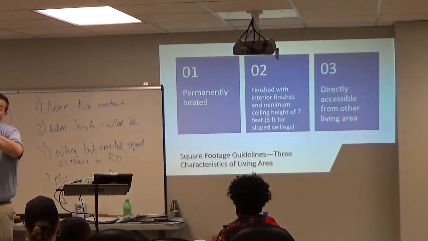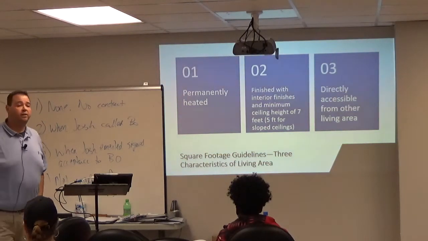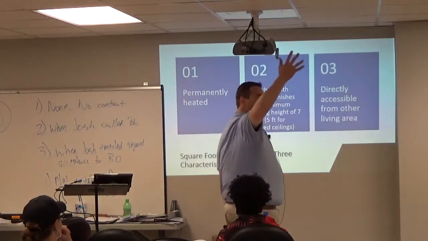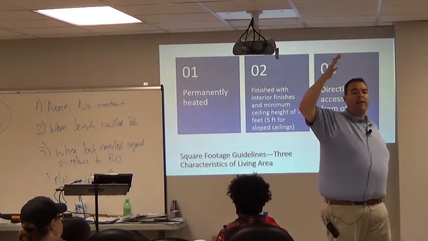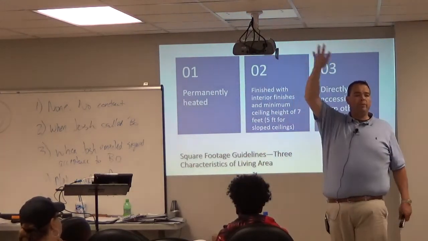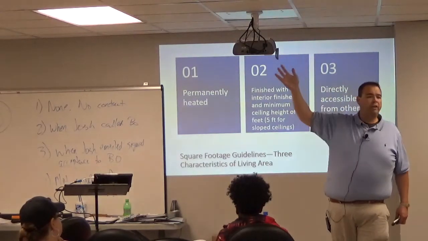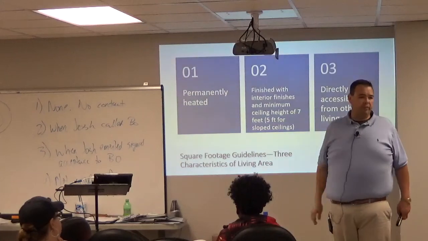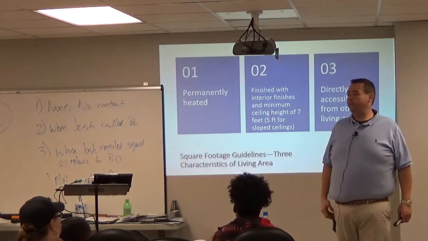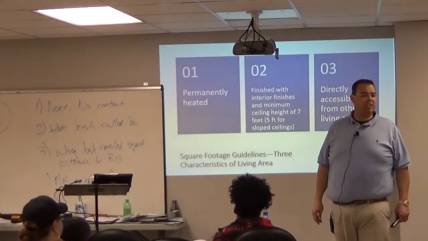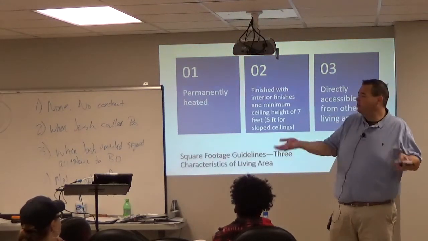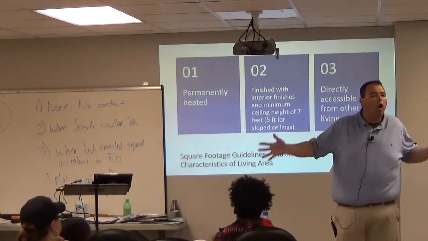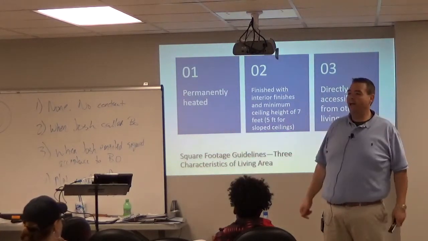So if I was going to do a listing presentation on that house, and they had a really nice room finished in that third floor, what used to be the attic, and it's heated and cooled. I mean, they got air conditioning up there, they got a pool table up there, they put a wet bar up there, they got the whole nine yards. But the stairs are unfinished. What advice would I probably give them? Finish the stairs. Because the cost of finishing the stairs is going to be tiny compared to the value of being able to count all of this square footage as living area.